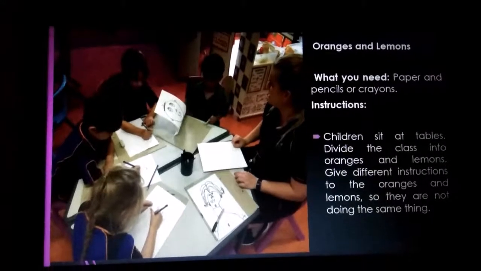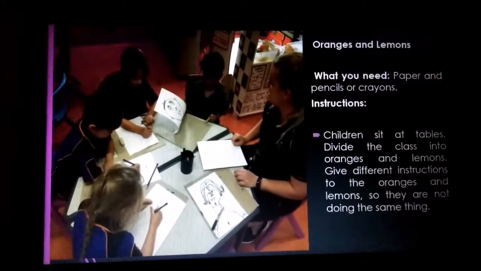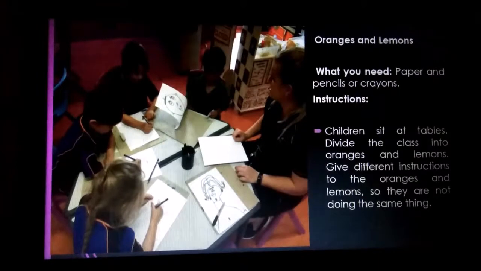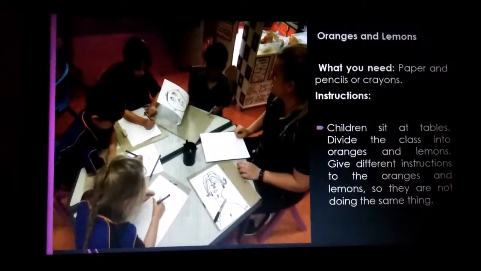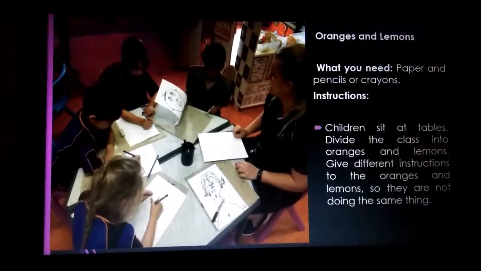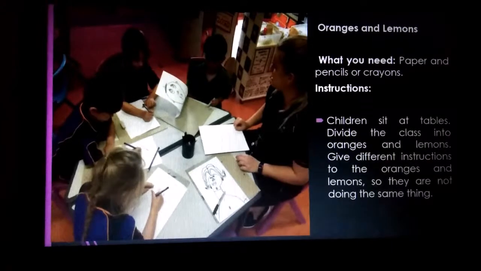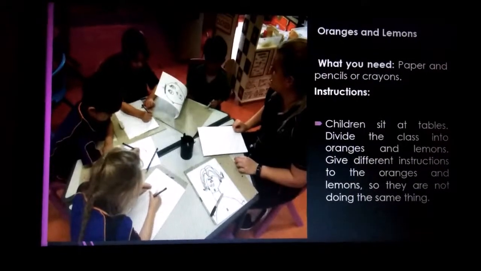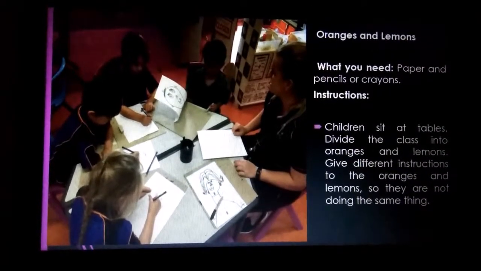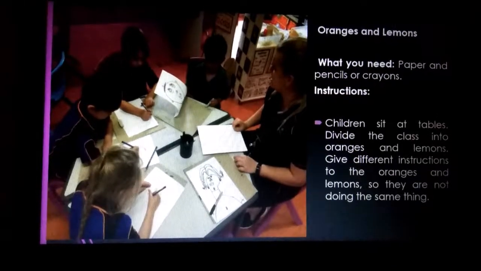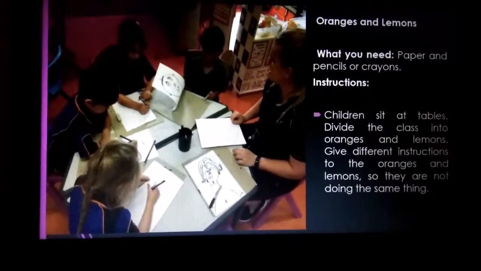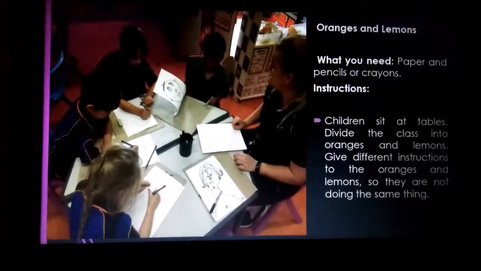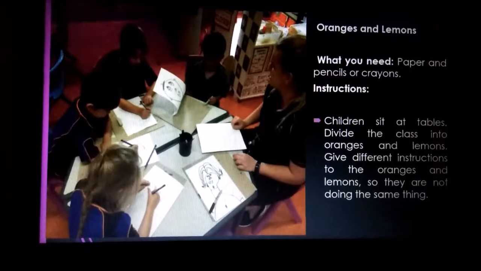So we are now in the second activity for the post-listening. It is entitled The Oranges and Lemons. So what you need is paper and pencils or crayons. Like activity number 1 for post-listening, it addresses identified problem number 5. So the instructions: